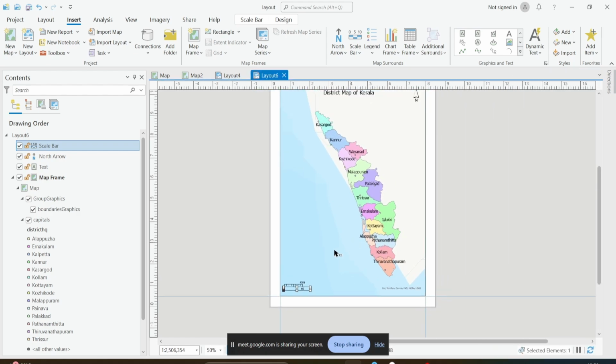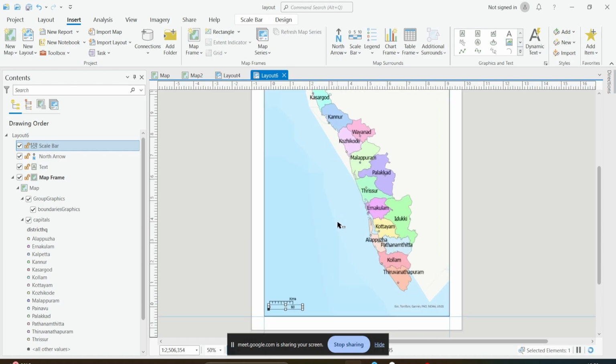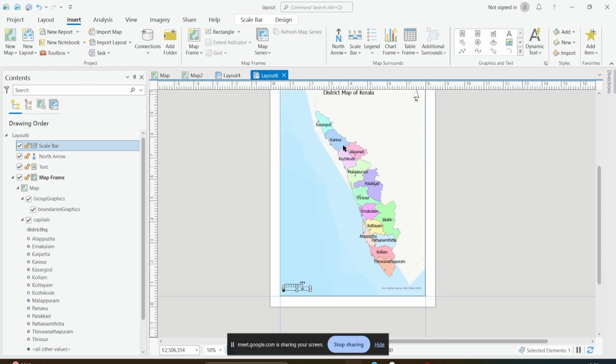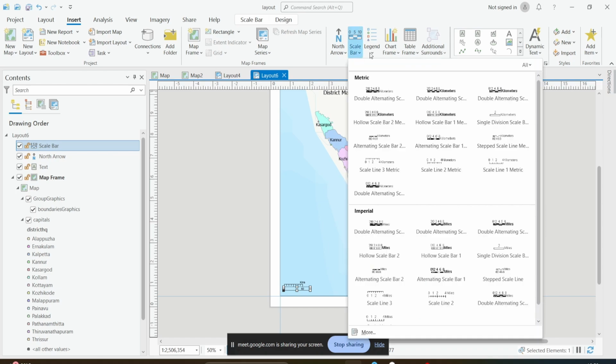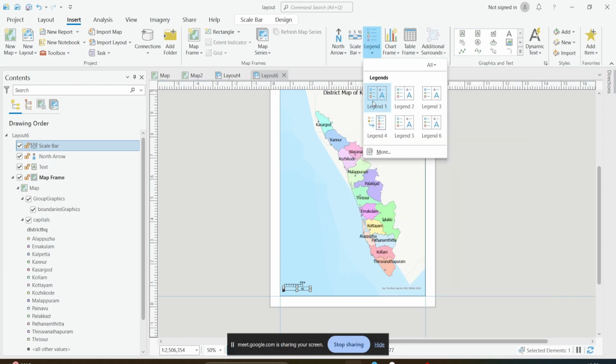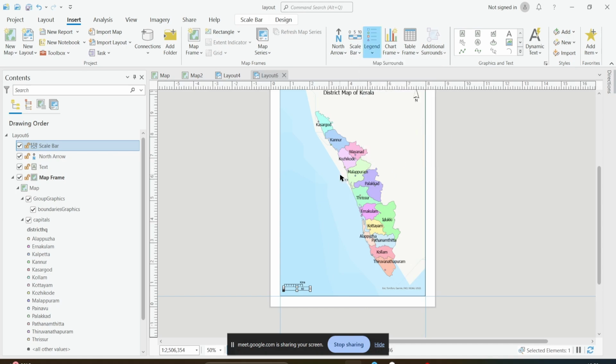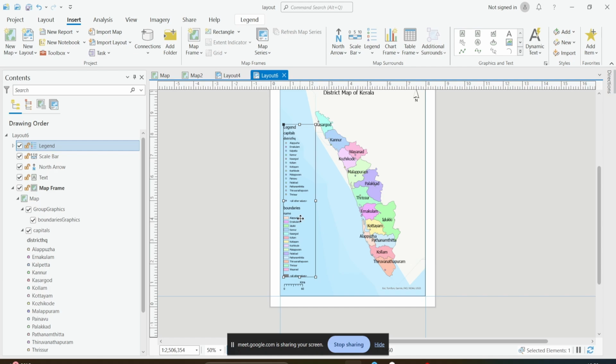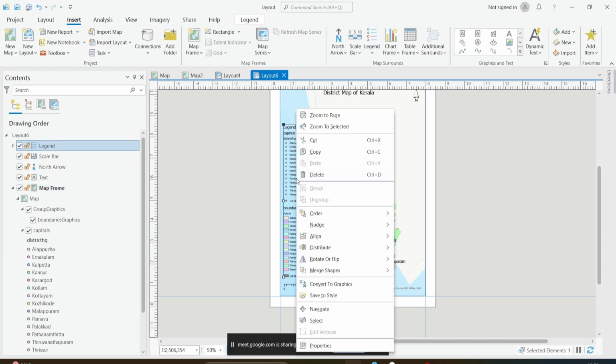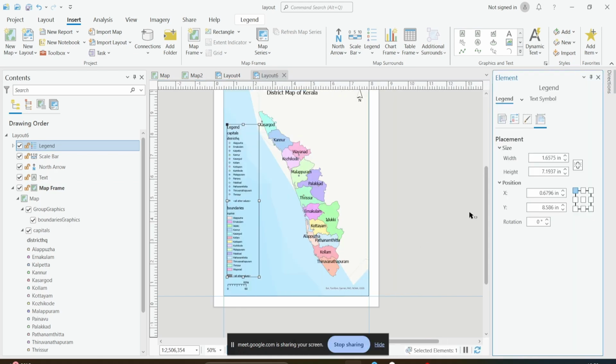So now that we have added the scale bar, what we can add next is a legend, right? So I'll drop down on the legend here, and then I can select any one of these styles. After it's selected, I can drag and drop where I want my legend to be shown. Okay. So now that is added here, I can change whatever the properties, or however I want this legend to be displayed. So I'll click here, right click, click on properties, and